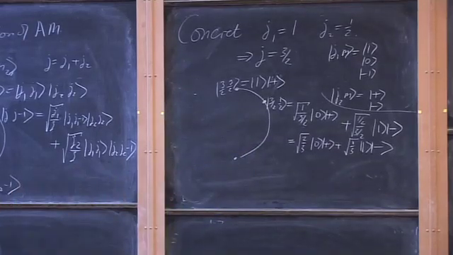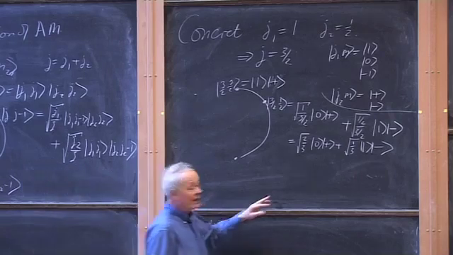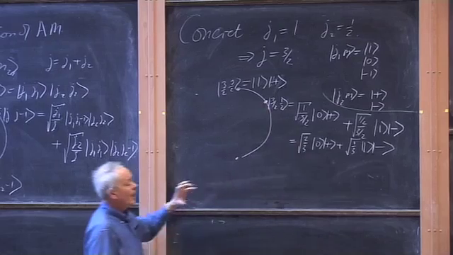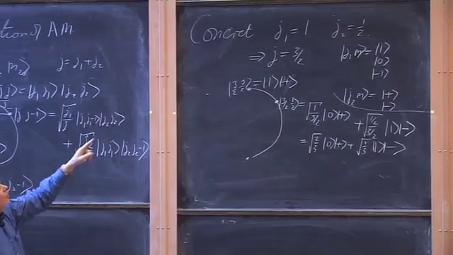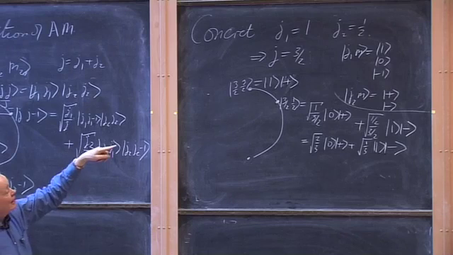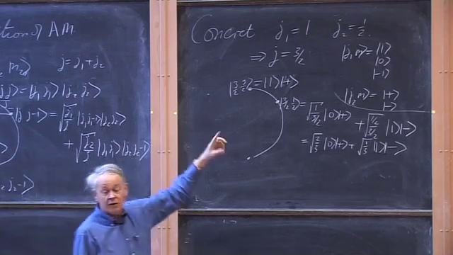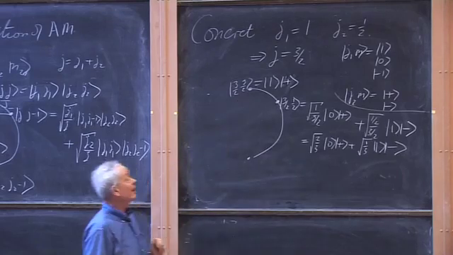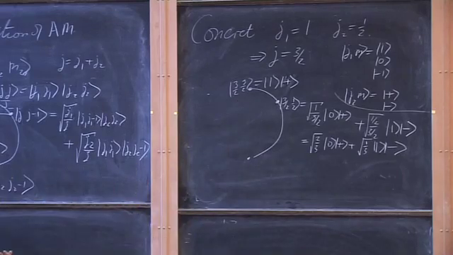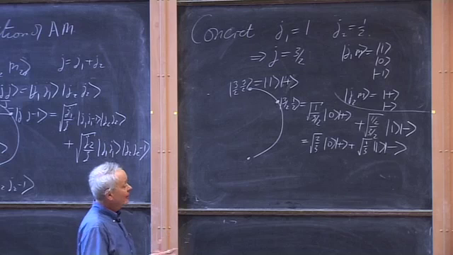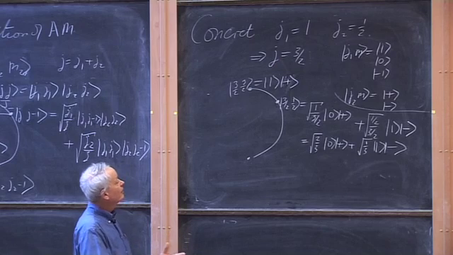We now have a physical prediction. If you look at this state here, that J1 equals 1 might be the orbital angular momentum of an electron, and that J2 equals a half might be the spin angular momentum of the electron. So we might be talking about the total angular momentum of the electron due to both its spin and its orbital motion. And if you would look inside the box, if you would examine the atom, the electron in detail,